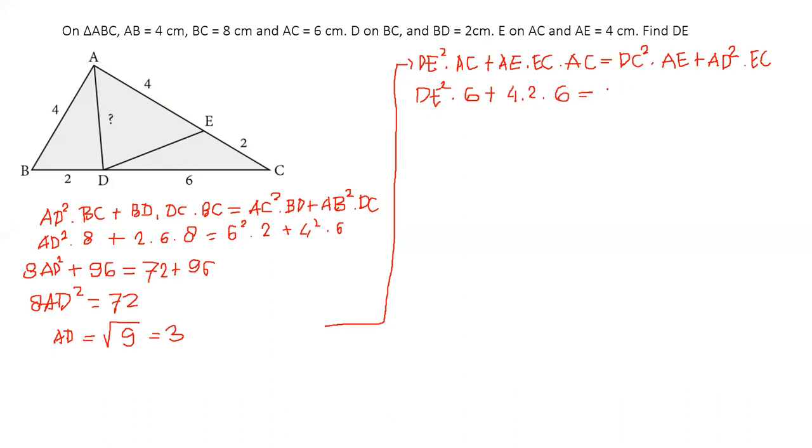DC is 6, AE is 4, AD is 3, EC is 2. So 6 DE squared plus 48